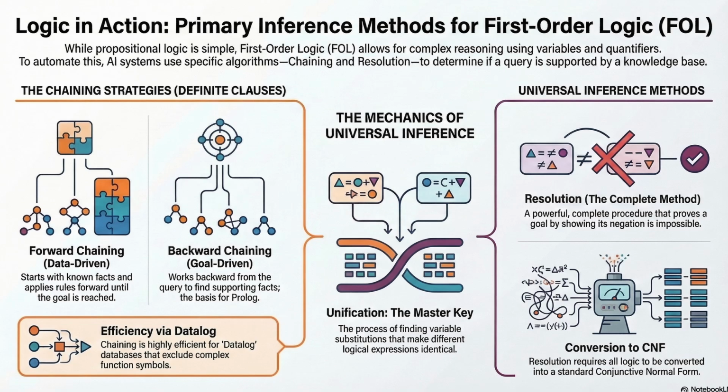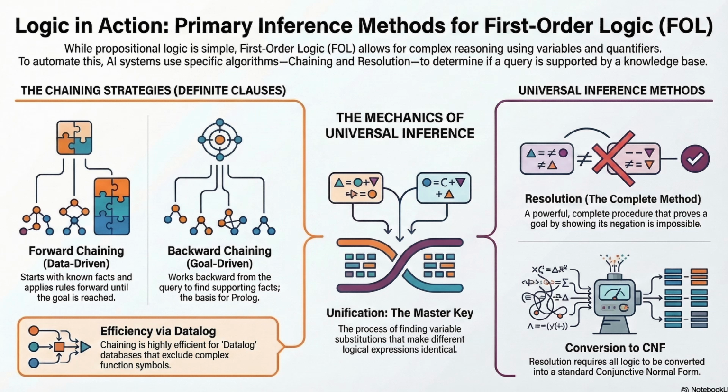Simple enough. Now, there is another term here, MGU, the most general unifier. Why do we care about being general? This is about keeping your options open. Let's say you want to unify Knows(John, X) with Knows(John, Z). Okay. John knows someone and John knows someone else. We could unify them by saying, okay, X is Fred and Z is Fred. That totally works. Both become John knows Fred. But why Fred? Where did Fred even come from? Exactly. By choosing Fred, we have artificially restricted the truth. Maybe John actually knows Mary. By locking it down to Fred so early, we might prevent ourselves from finding the real answer later.